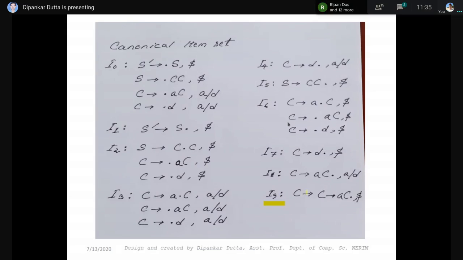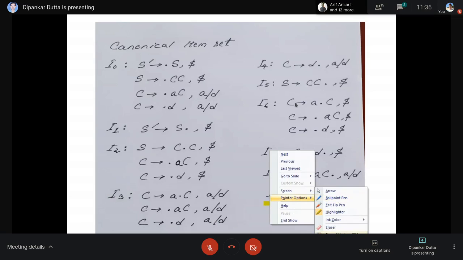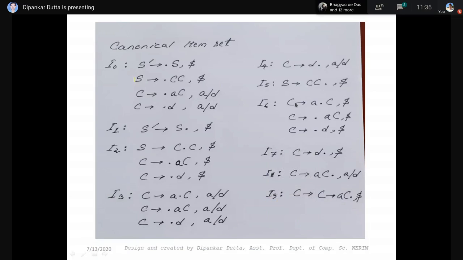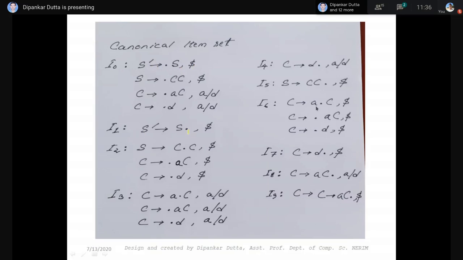Another thing here also, if your time permits, then we can check the goto because we know about the goto symbols. How do we check the goto in I0? Suppose S' implies dot S, comma dollar is there. Then we have to check S' implies S dot, comma dollar, where it is available. In I1, that means in I0,